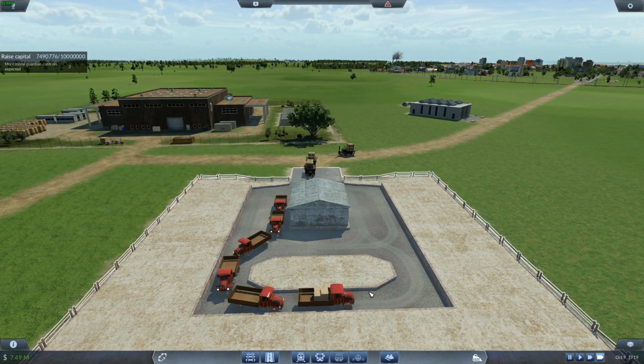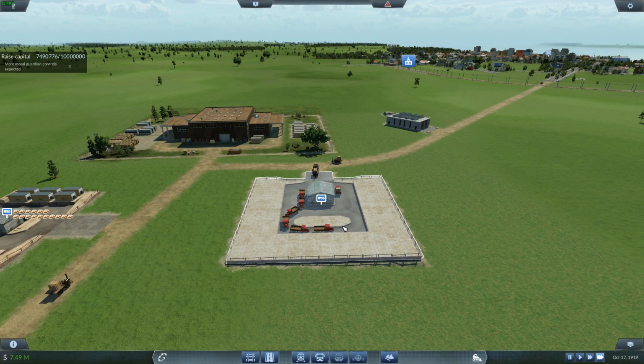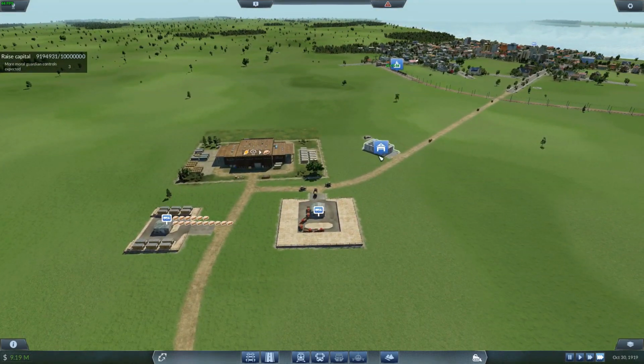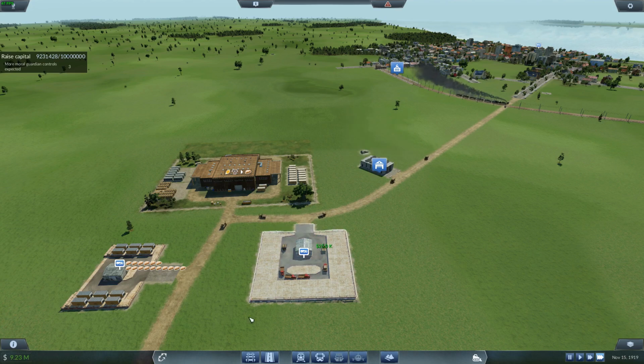The other thing, I don't know if that's a glitch or if that's just the way they designed it, is that these trucks actually do meld into each other at some point, so it actually gives you more stuff to do. Alright, so the Chicago food line is designed and set up. Let's go ahead